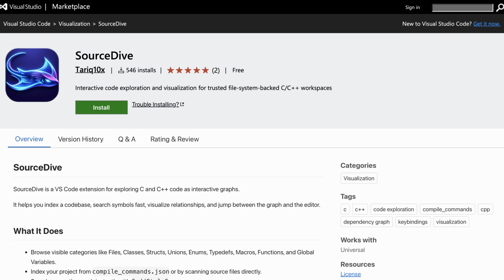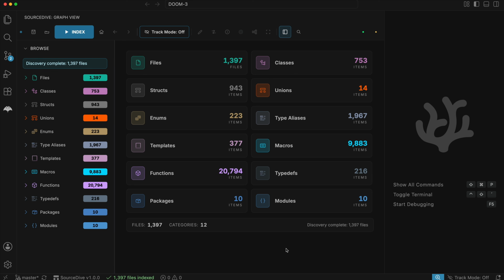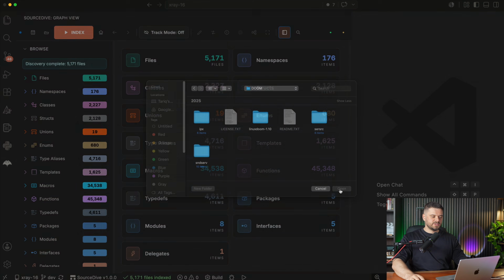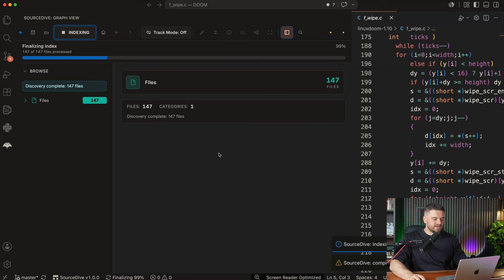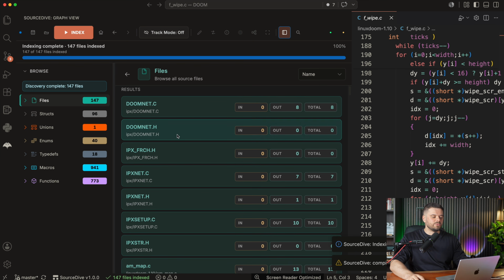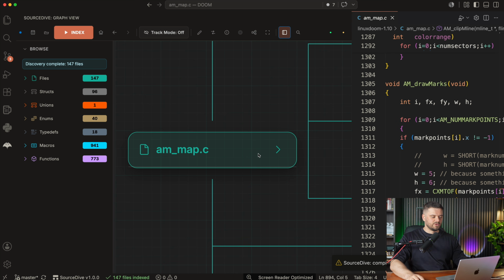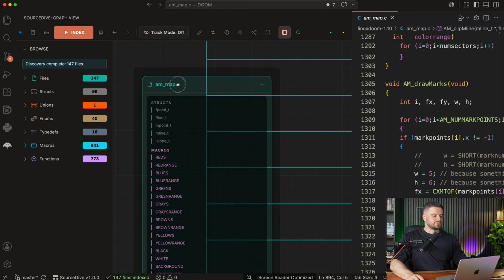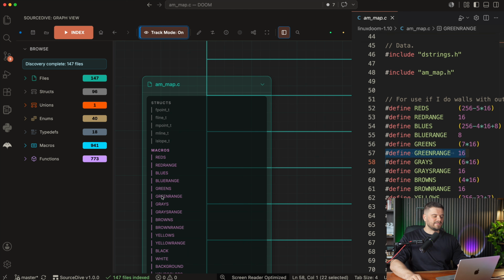In case you missed it, SourceDive is a little hobby project of mine, a VS Code extension, and since this update, also a VS Codium extension, which allows you to visualize projects and navigate through them. So you can open a project, open SourceDive, and then index the code base. You'll get all these categories that you can click on and walk through. You can, for example, open a file and see which other files include it or which files are included by it. You can expand the node to see what's defined in the file. Then you can turn track mode on, and when you hover over the contents, it will highlight them in the